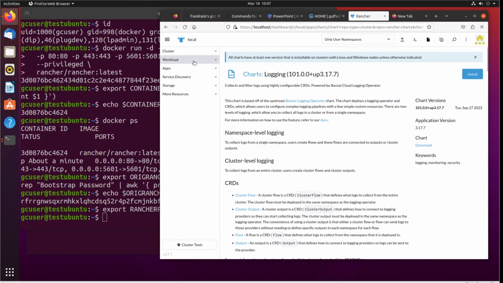One thing I did want to note is that my Ubuntu VM, I have 16 cores and 64 gig of RAM. I think that's overkill for this, but that's what I have allocated to it. This is the default page that comes up. It allows you to install logging, which we're not going to do in this case,